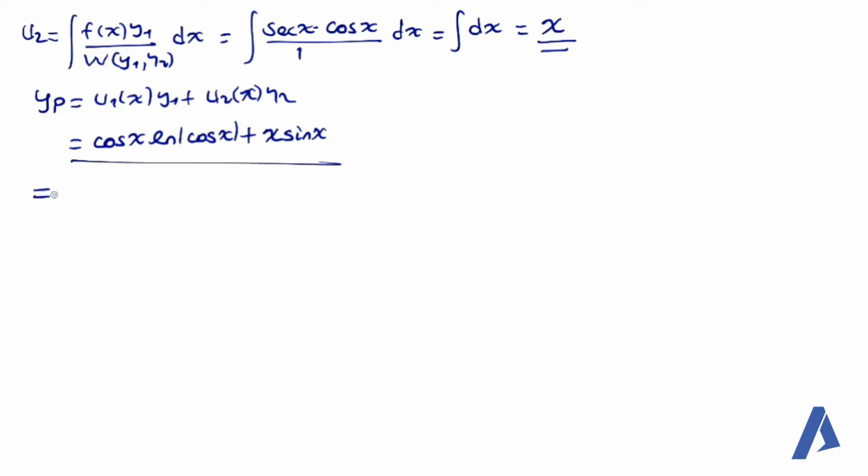So finally our general solution becomes the sum of the complementary solution and the particular solution according to the superposition principle. So our general solution becomes